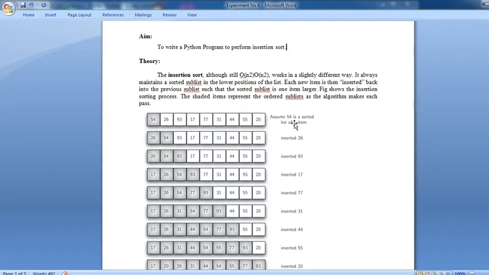Automatically this 54 stays in the first position. Again, the second element you insert is 26, and that 26 is compared with the first number 54. If the second number is less than the first number, automatically that second number goes to the left side, and if the number is larger, it goes to the right side.